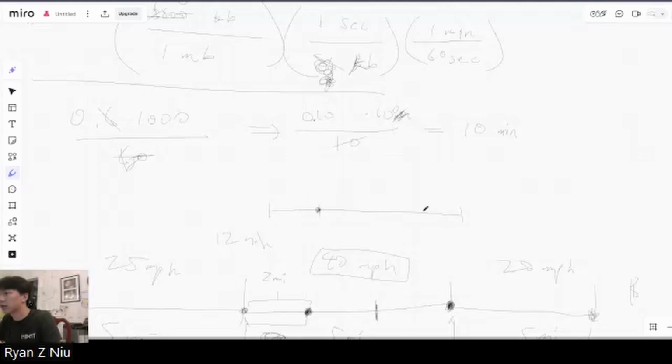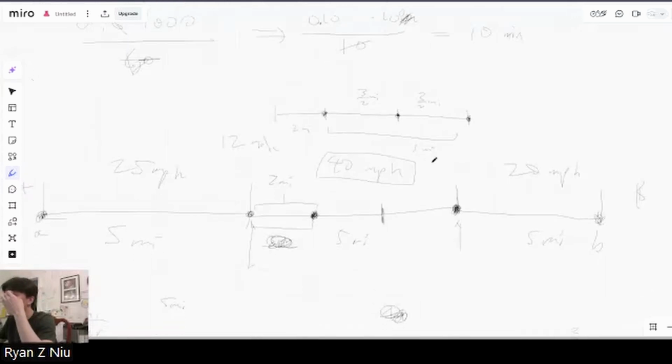So car A is here, car B is here, right? Now that they're both in the 40-mile-per-hour zone, they're going to go directly towards each other and meet each other at the midpoint of where they currently are. So the midpoint of where they currently are is going to be right here, right? And so if this is 2 miles, that means the rest of this is 3 miles because the whole zone is 5 miles long. And so each of these sections is going to be 3/2 miles,